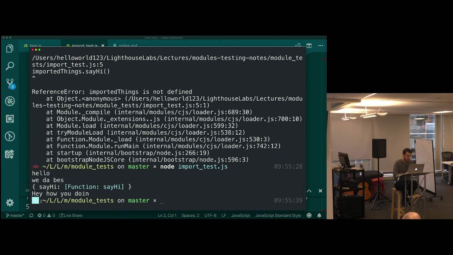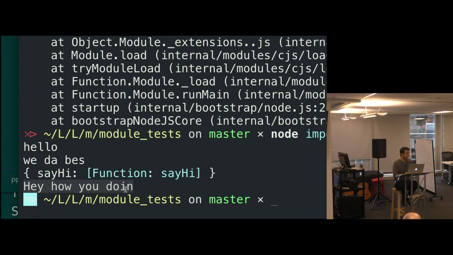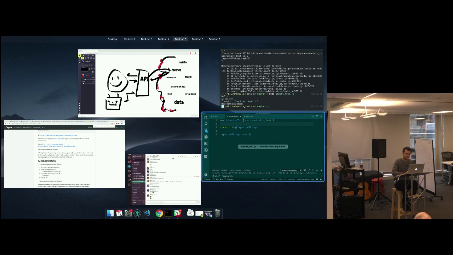And now what I get is, hey, how you doing? See, I packaged some code that might be useful in another file, and now I've started to bring it in and use it somewhere else. See how we're getting towards the idea of an API? Like my thing is not currently over here, the code.